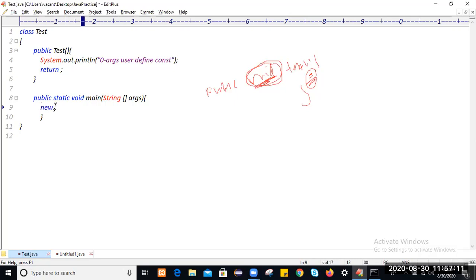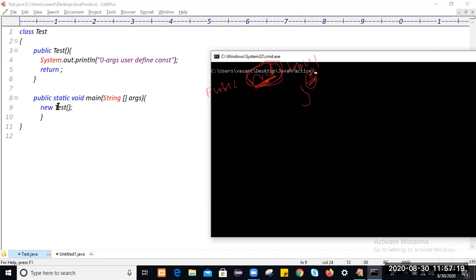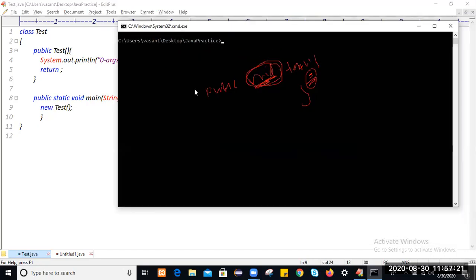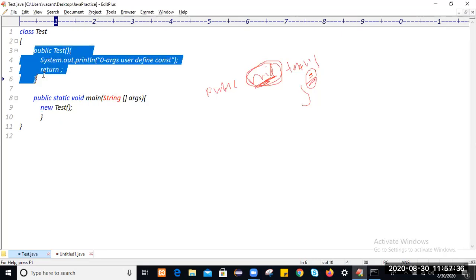You see, we execute the constructor logic, but we can't return any value from the constructor. The constructor doesn't allow any return type. So just use it, and you see zero constructor got executed and we are able to keep the return keyword within the constructor.